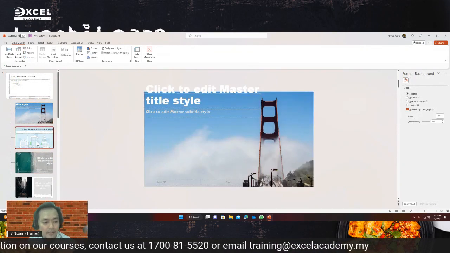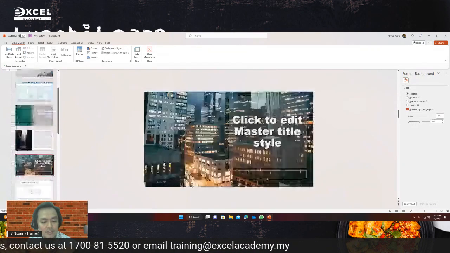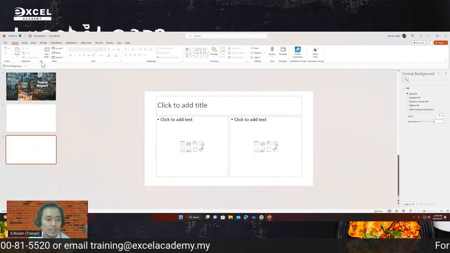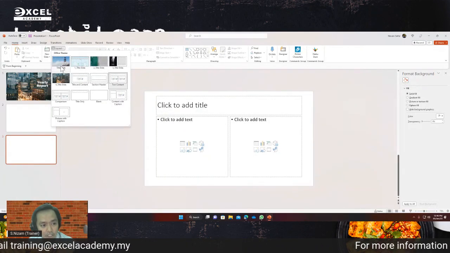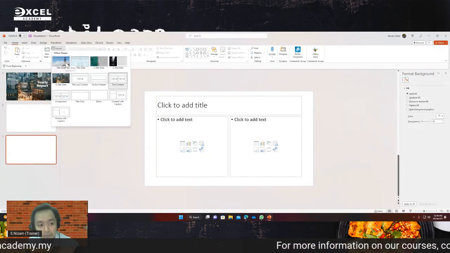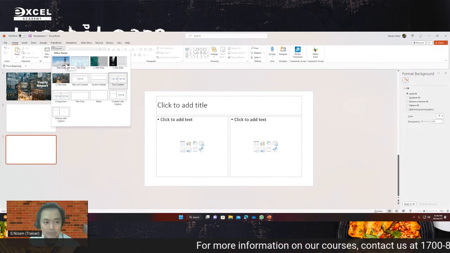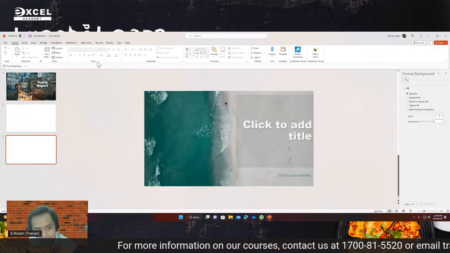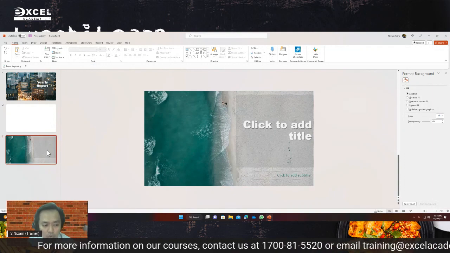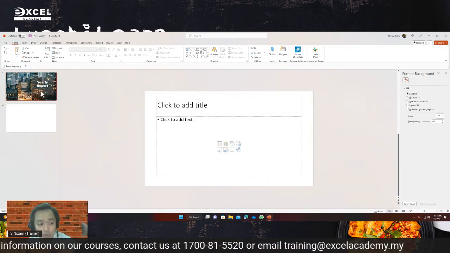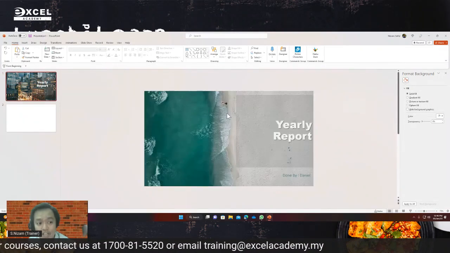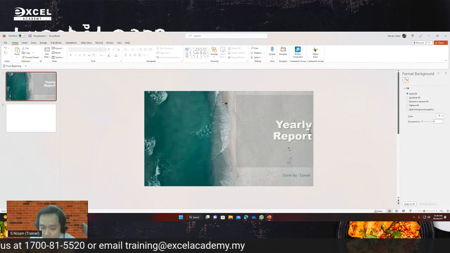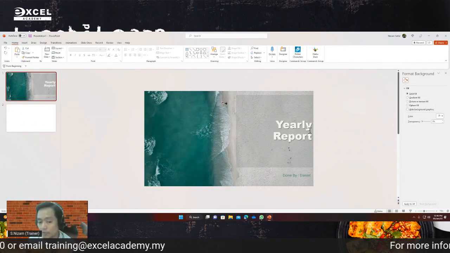So now I have five slide layouts that can be used. Okay, and this slide layout is here. You can always choose. Maybe you ask me, Nizam, the problem is my cover here has video, and we all know that when you have video in your PowerPoint slides, you need to bring the video together when you bring the reports,